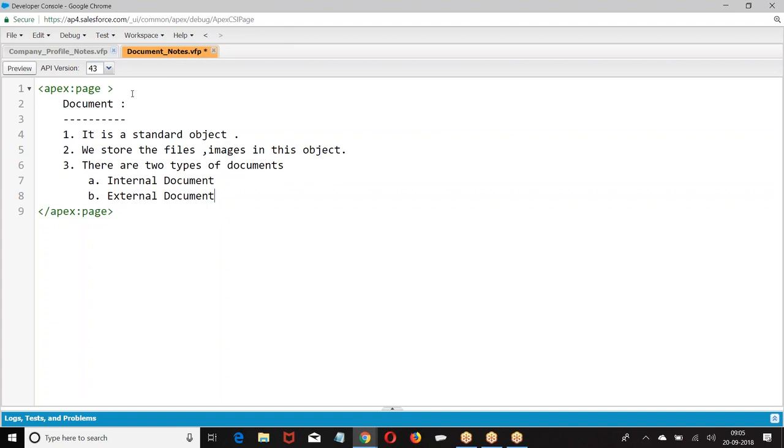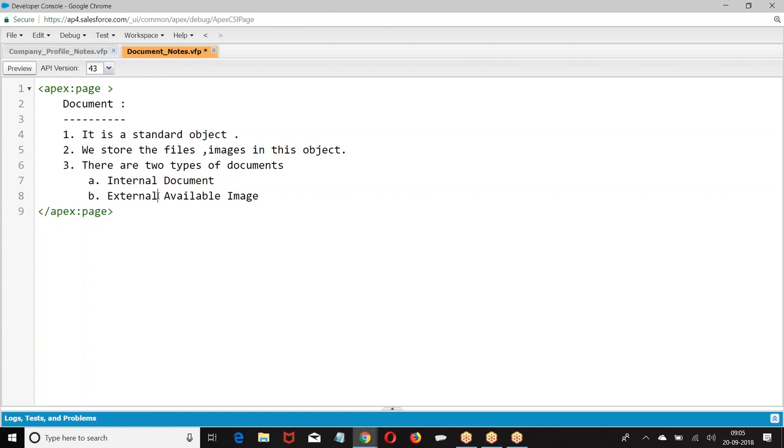When I say external document or externally available image, it is only an image. If you want the image to be used as a logo, if you want the file to be accessed by internal users as well as external users, then we go for externally available image.